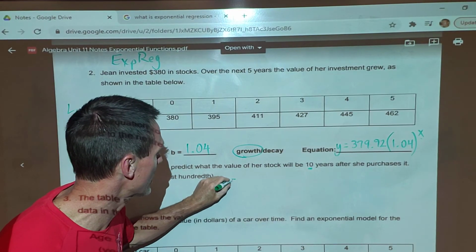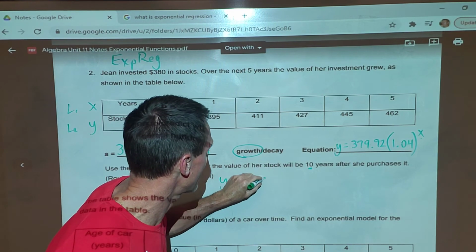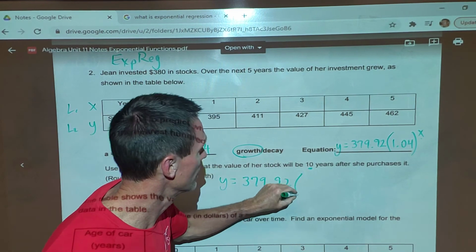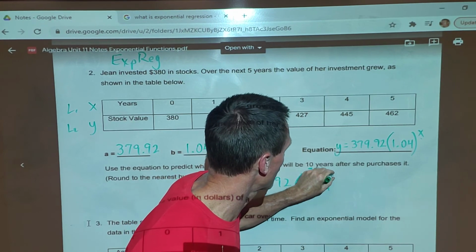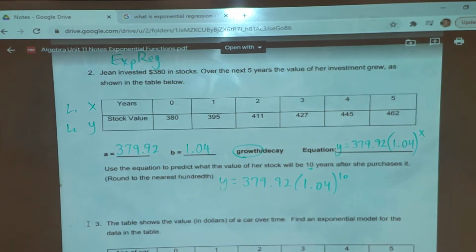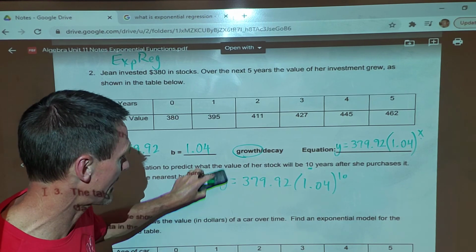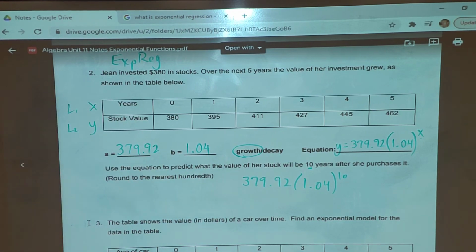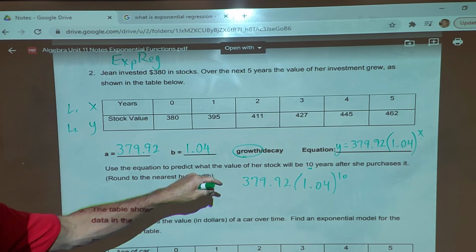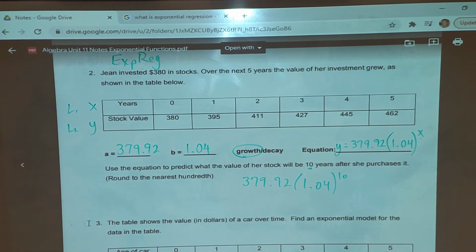So if I go y equals 379.92 times 1.04 to the 10th power, let's see what that gives me. And again, in the calculator, you don't need to go to y equals. That's my equation, but don't get confused trying to put that in like you would if you're graphing. So 379.92 times 1.04 raised to the 10th power